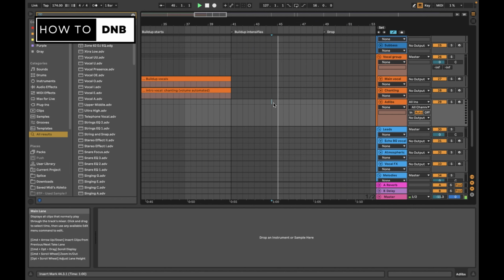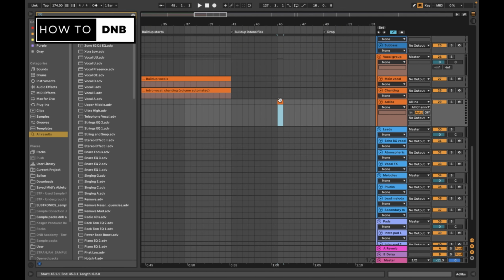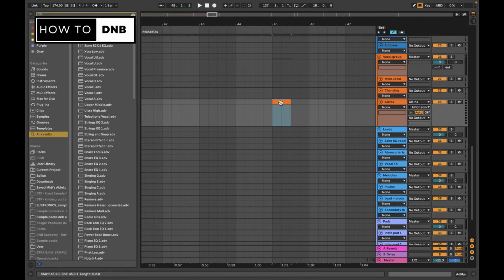Let me see. There we go. So you hear, that is just a separate thing that they put under it to fill it a little bit up, because this is a bit more empty, right? In this build-up where it intensifies, it's going to make more space for the drop elements to come in. And so like Wilkinson or Kanine or whoever has chosen to put some more little stuff in. You hear that? So we're going to just put that here. I'm just going to add ad-libs. We're just going to put an O. This is a small detail, but this is definitely some of the stuff that beginning producers don't really think about.